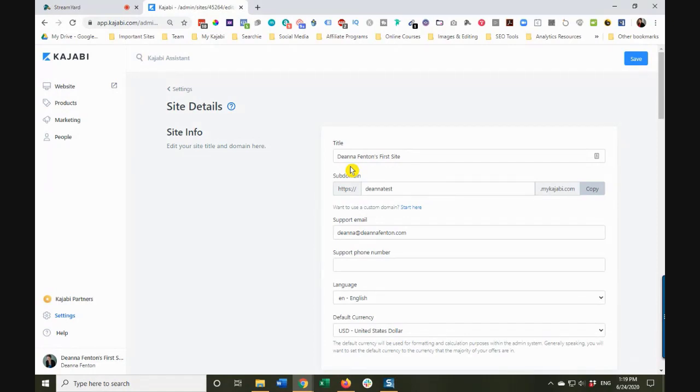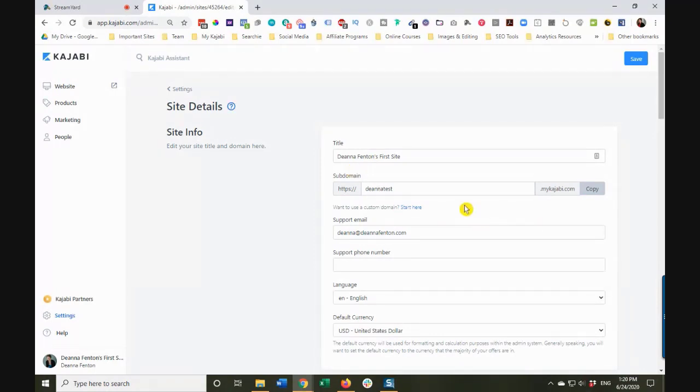So if your entire site is your business name, you probably just want to have your business name. If you're a personal brand like me and you use your name, you might want to have your name plus what it is you do. Brand strategist, graphic designer, whatever it is that you want to have your site be identified as.